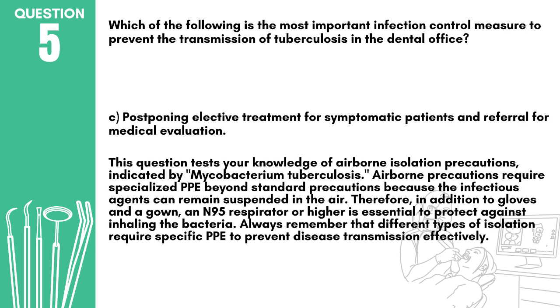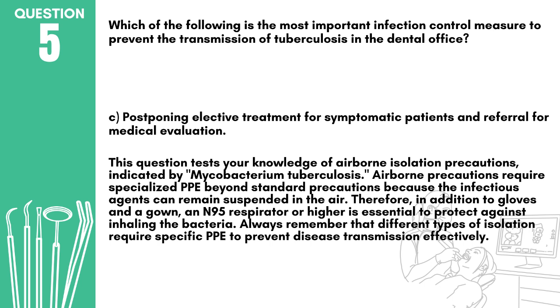Answer: C. Postponing elective treatment for symptomatic patients and referral for medical evaluation. This question assesses your critical knowledge of infection control, specifically for airborne diseases like tuberculosis, TB. The keyword "most important infection control measure to prevent the transmission of tuberculosis" points to source control for highly infectious airborne pathogens. For patients with suspected or confirmed active TB, the most critical step is to postpone elective dental treatment,